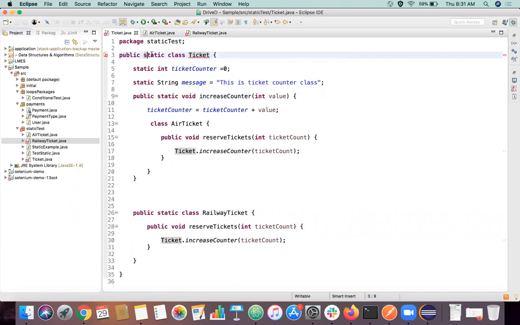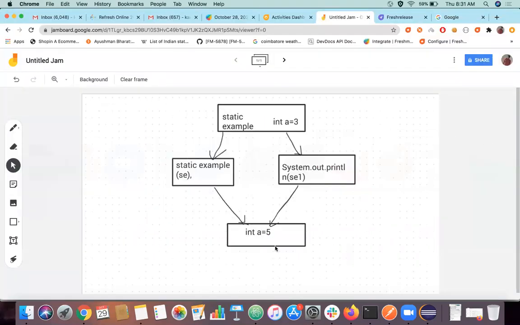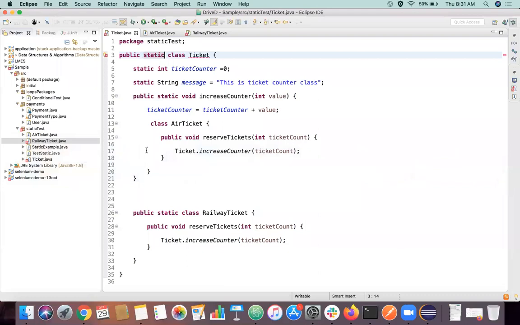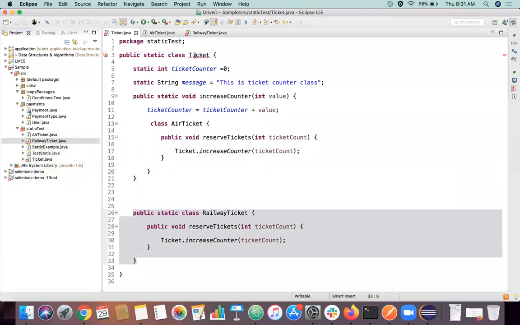Even if you declare this also as static, it cannot do anything. It is also available in heap memory. How can we reference something from a common area, right? As I said, static is a common area, so anything can modify it. It is not wrapped inside this entity. If you declare this as static, this class is not wrapped inside this ticket entity. That is the whole idea. It is also a separate memory. Then what is the point of using something like this? This is kind of contradicting, right?